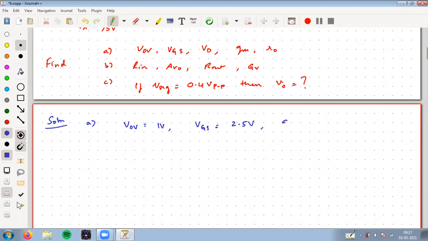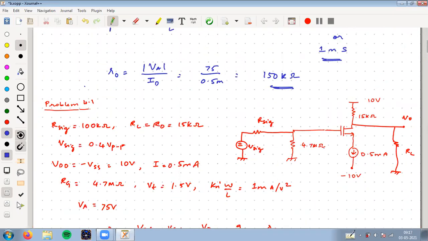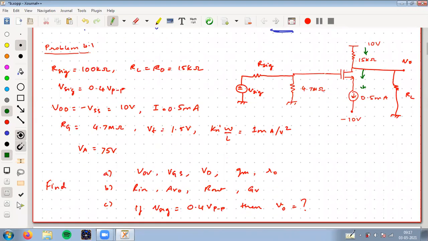and gm to be 1 millisiemens, r0 to be 150 kilo ohms. Okay, the thing which is left is VD. Okay, so in this diagram, if I apply KVL in this direction, then I will get